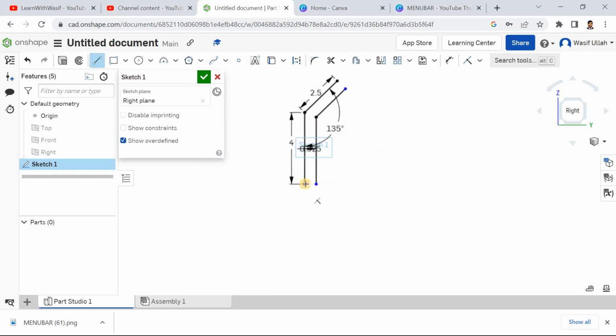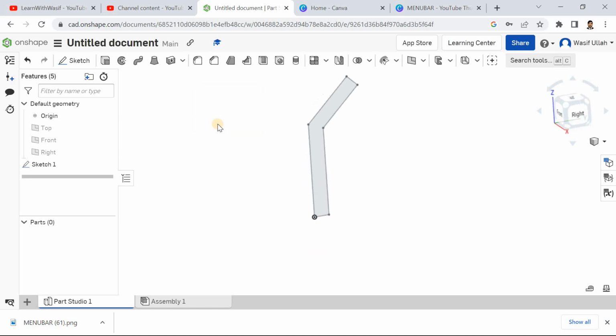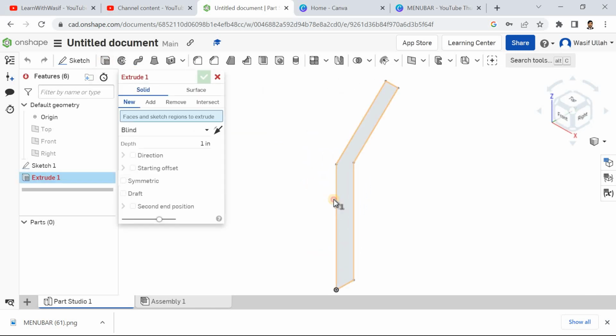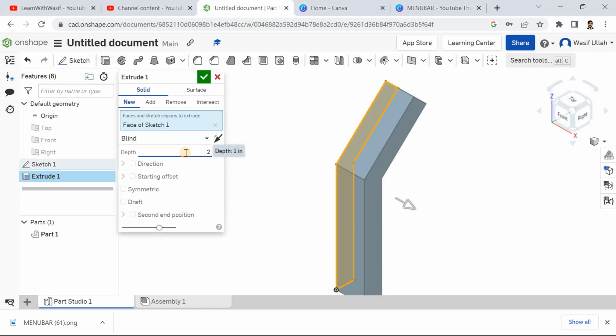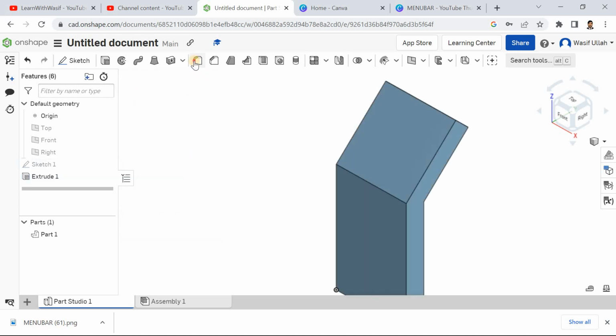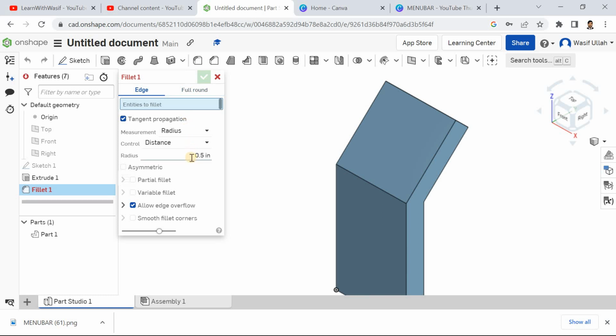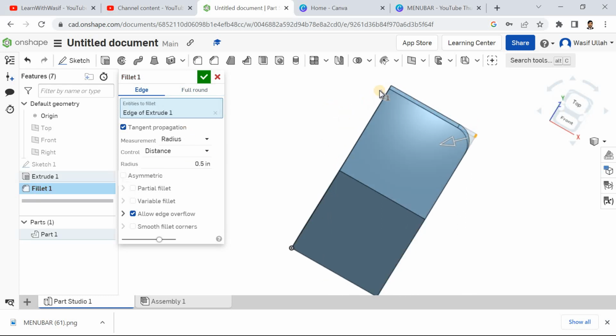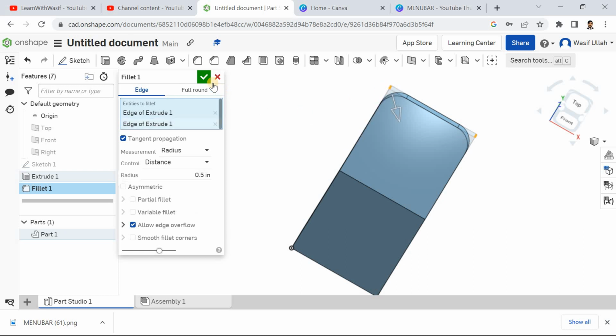I will close the region, close this region. I will go for extrude and extrude it up to 2.5. Okay, now I'll go for fillet 0.5. Choose this edge and this edge. Okay,